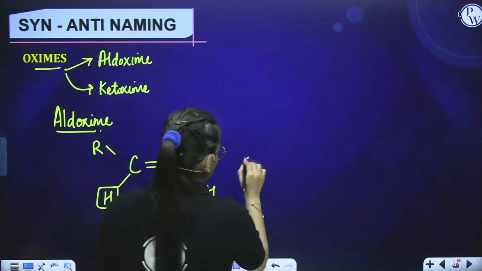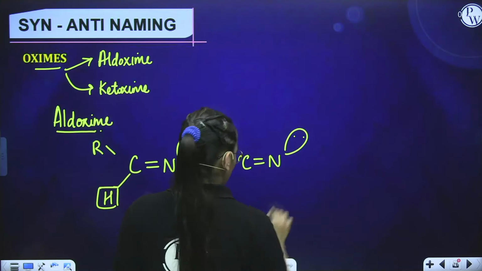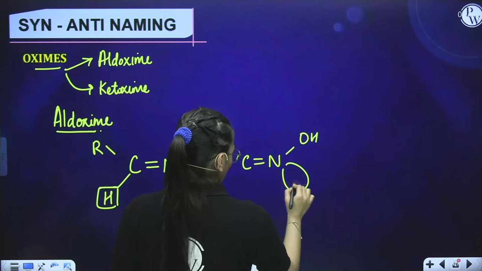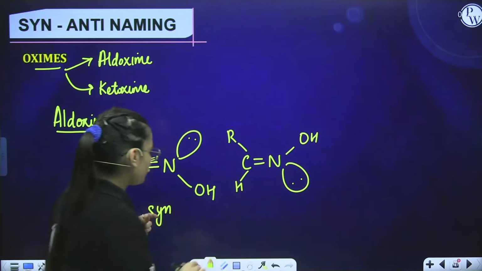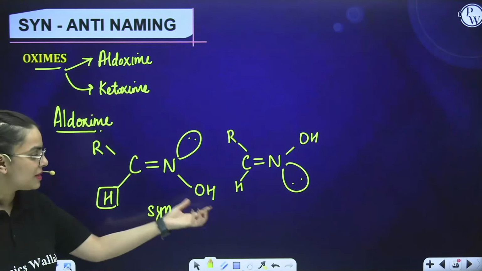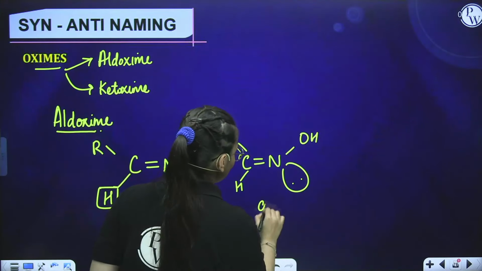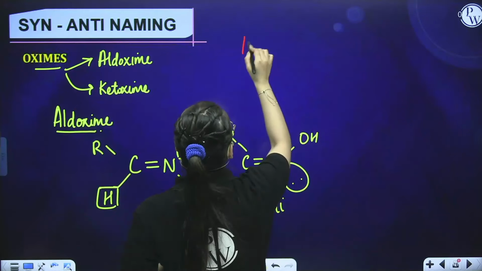And when I will see hydrogen and OH, hydrogen and OH group are present on the same side, that is syn. When hydrogen and OH are present on the opposite side, that is anti. This is the case for aldooximes. If I talk about ketooximes, again what I will do is,